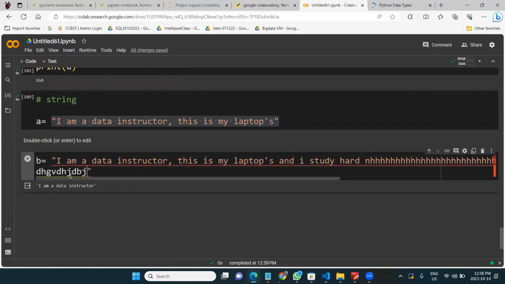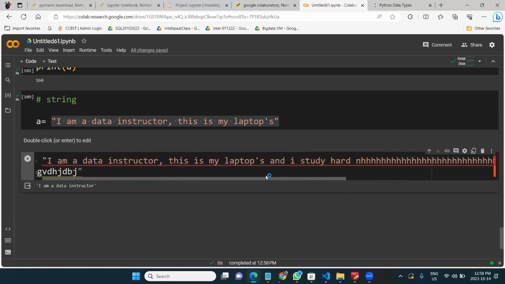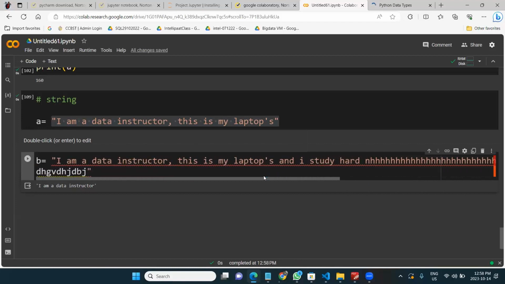I cannot go into the new line. Look at this. Let's suppose you have a big paragraph or a big book you want to add inside Python. If you want to go to the new line, it will not work. You have to do some tricks to go to the new line. So for that,